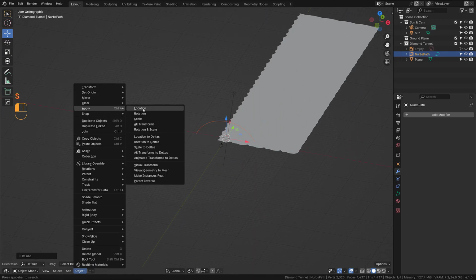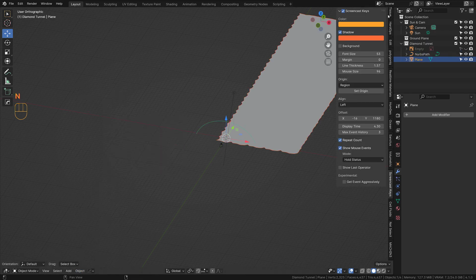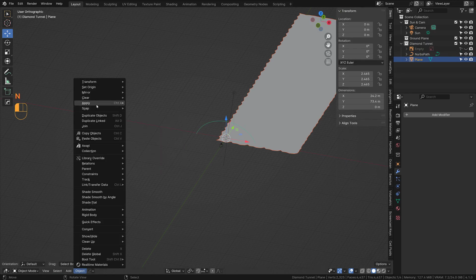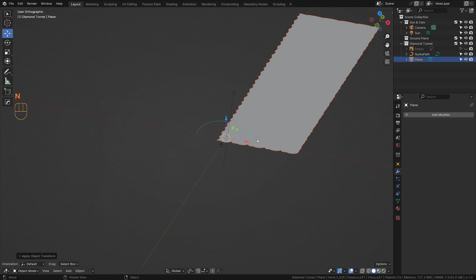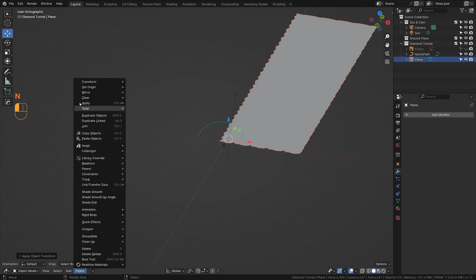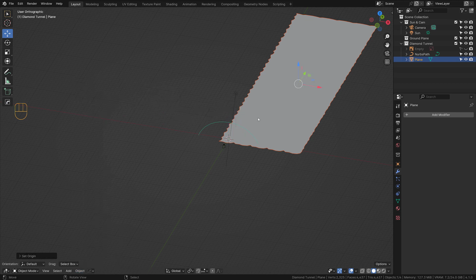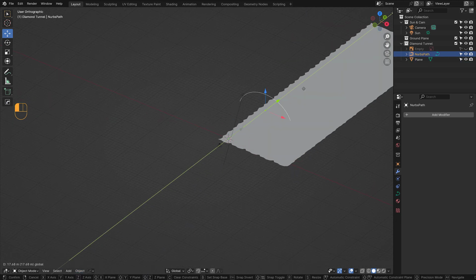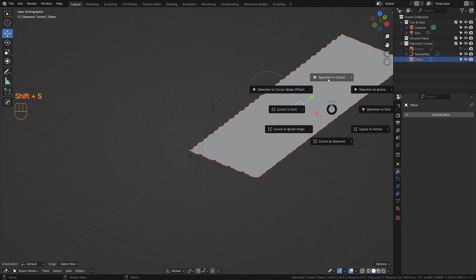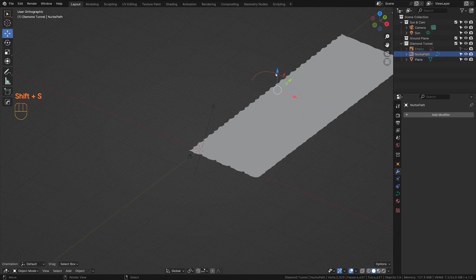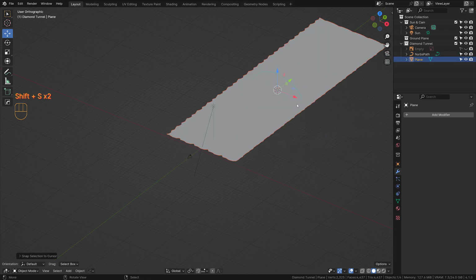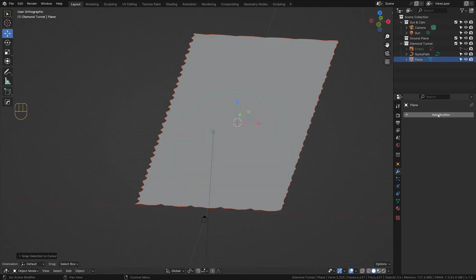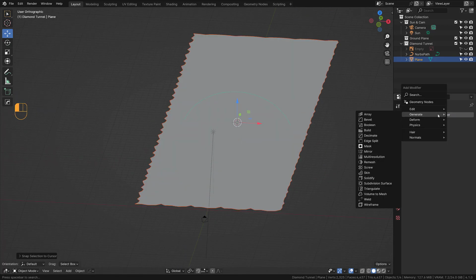We can apply the scale. Maybe of this we can also apply the scale. Why not? It's always good to sometimes just apply the scale. Now what I want to do is to set the origin of our Voronoi mesh to geometry, and then I'm going to move this a little bit over here and then snap the cursor to the selection of the arc, and then select our Voronoi texture and then selection to cursor,